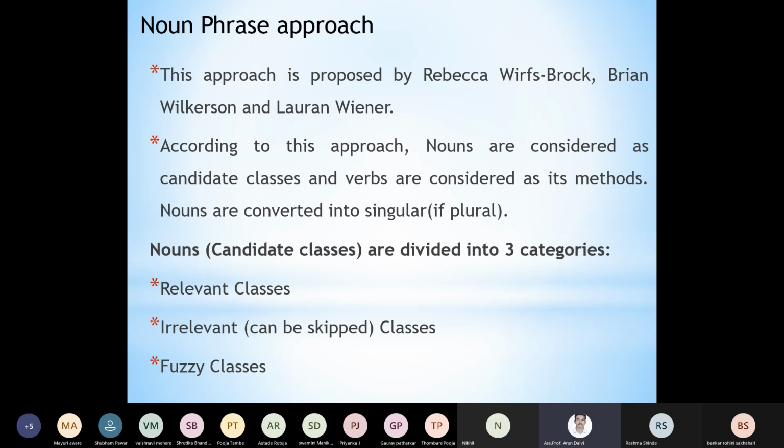Nouns are converted into singular if plurals are there. Everybody knows about singular and plural. So nouns means candidate classes. Candidate classes are divided into three categories. First one is relevant classes, then irrelevant classes. We can skip the irrelevant classes, because if the class is irrelevant, there is no use of that class. Last one is fuzzy classes.